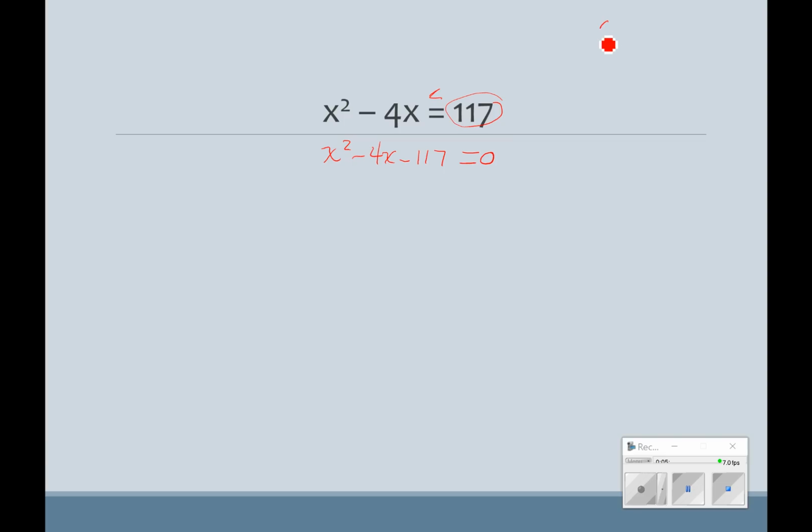So my a is 1, my b is negative 4, and my c is negative 117. Big numbers. Okay, here we go again. I'm singing again. So x equals negative b plus or minus the square root of b squared minus 4ac all